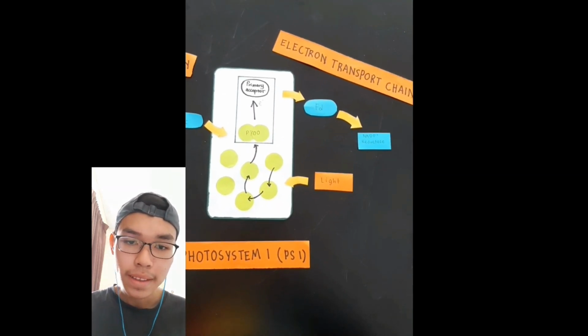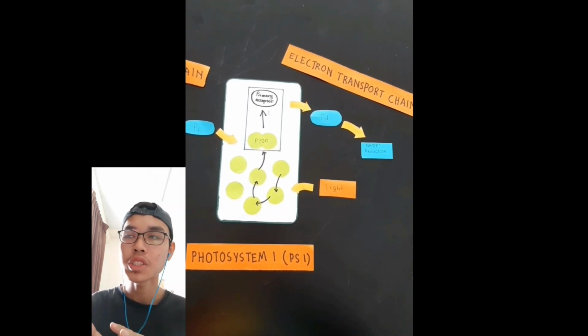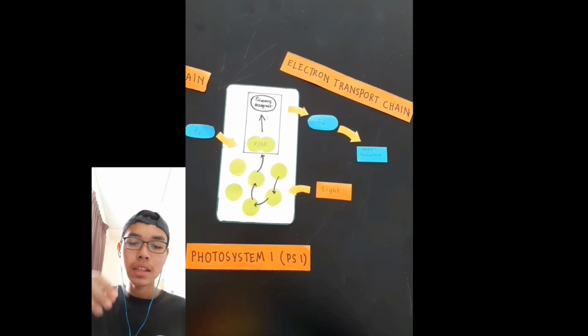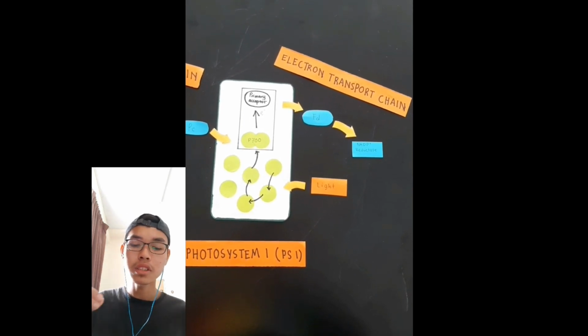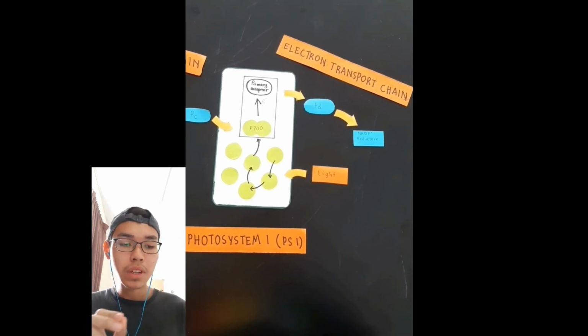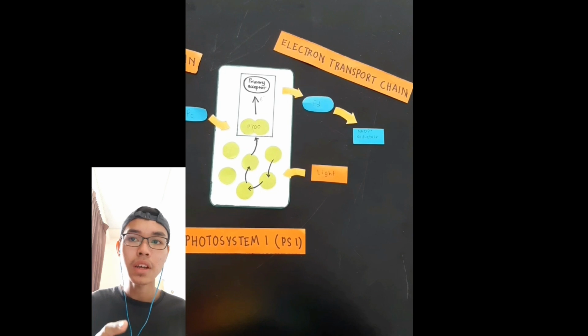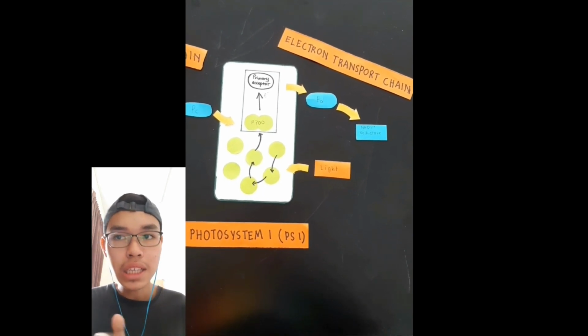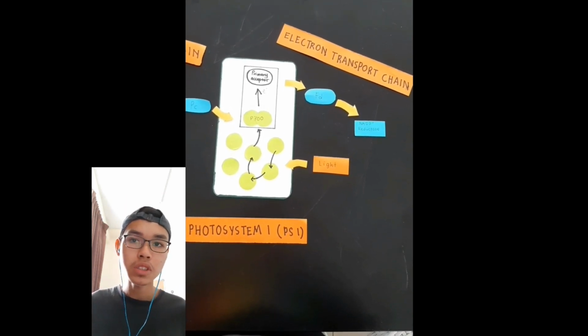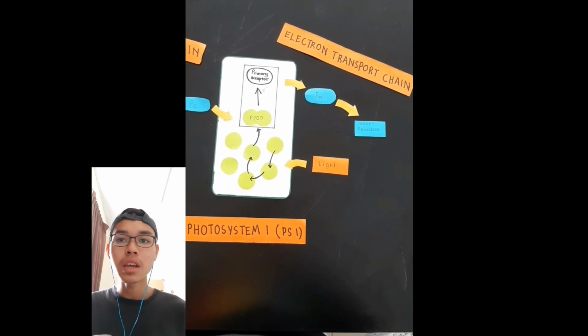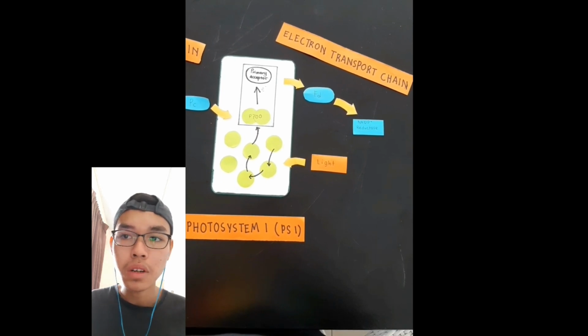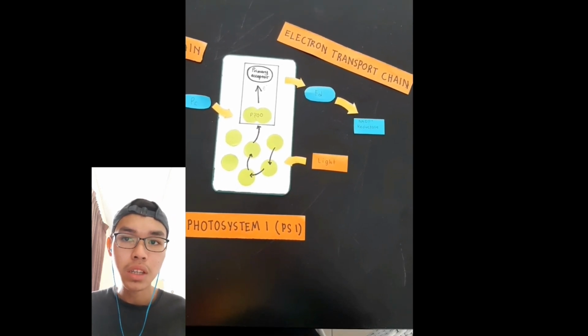In PS1, the light transferred from PS2 excites the P700, because P700 before that loses an electron to the electron acceptor. Then the P700 becomes P700+, which then accepts an electron passed down from PS2 via the electron transport chain. Each electron falls down an electron transport chain from the primary electron acceptor of PS1 to